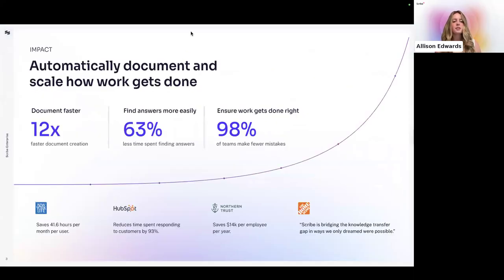I know probably most of us are pretty familiar with Scribe, but just a quick go over what we do. Our main goal is to help automatically document and scale how your team's work gets done. I feel everyone knows us as the software that's going to help you document faster. However, especially in relation to training and onboarding, we do a couple of other things very well, such as we help your team find their answers more easily, and we ensure work gets done right.